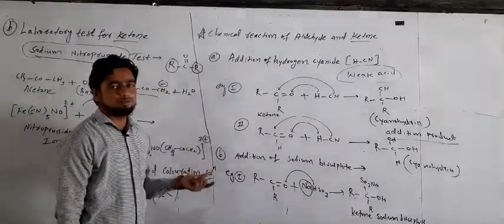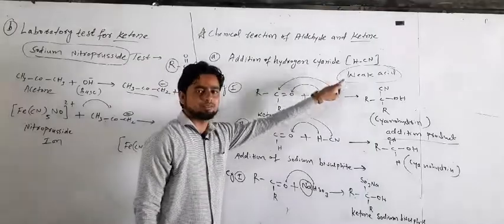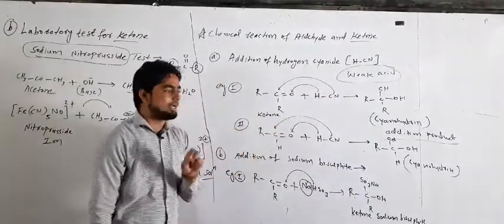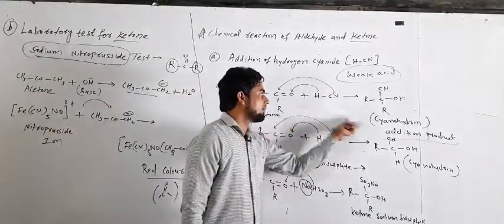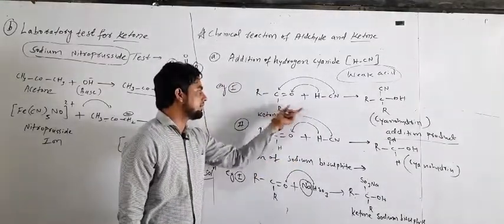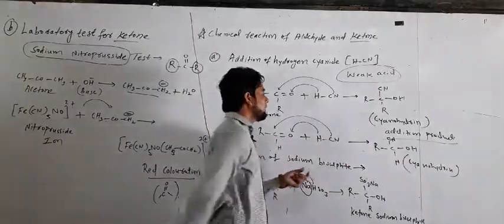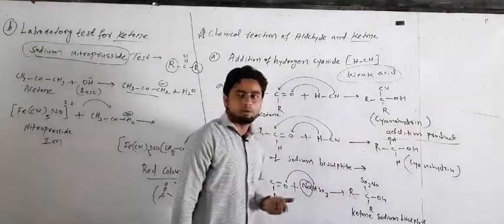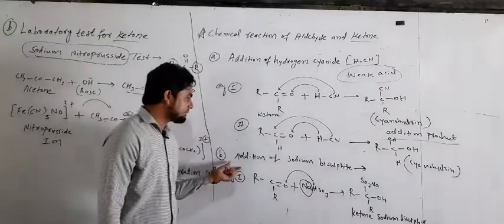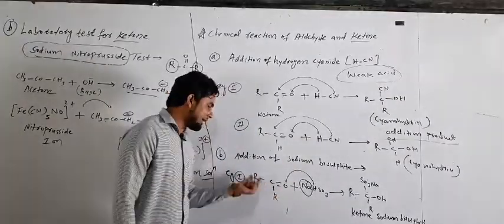When the aldehyde and ketone are reacted with, first, addition of cyanohydride, meaning HCN, it forms the addition product. When two reactants react to form only one product, it is called an addition reaction. It means the aldehyde and ketone react with HCN, hydrogen cyanide, to form the cyanohydrin or addition product. Second reaction, when sodium bisulfite, formula NaHSO3, is reacted with the ketones.